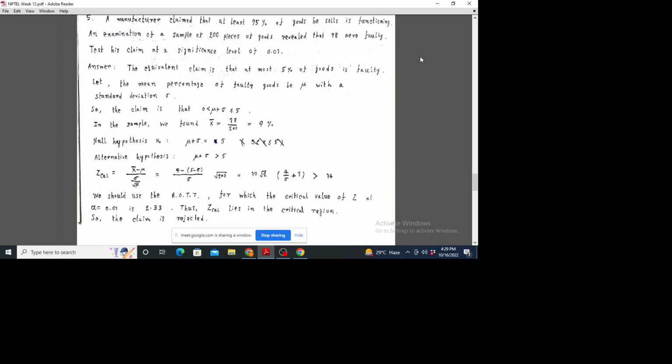So mu plus sigma there, between 0 to 5 for standard deviation. Yes, because mu is not given, right? He says that at most 5% can be faulty. So mu is not known. We do not know mu, we do not know sigma. But he says that at most 5%. So that means,